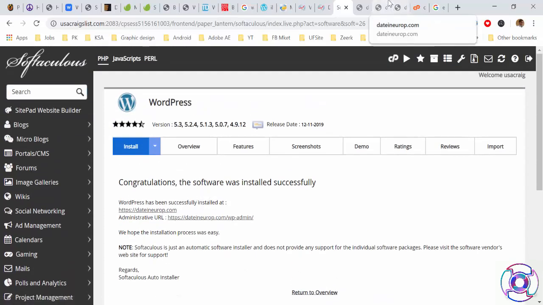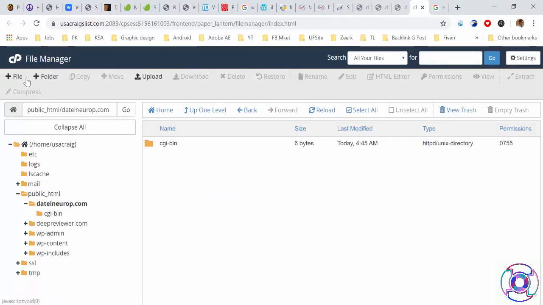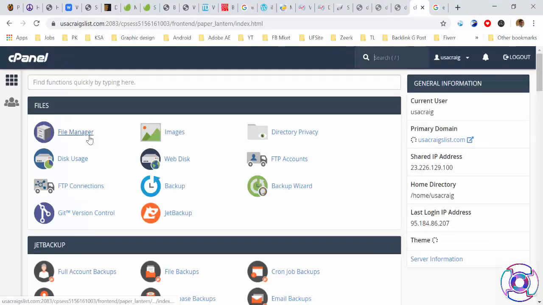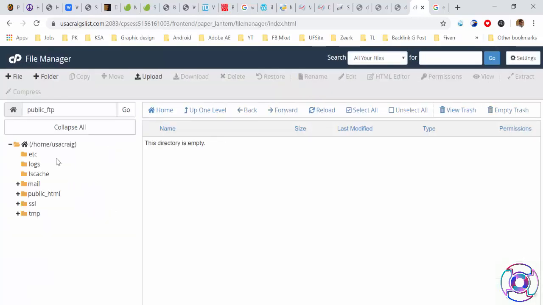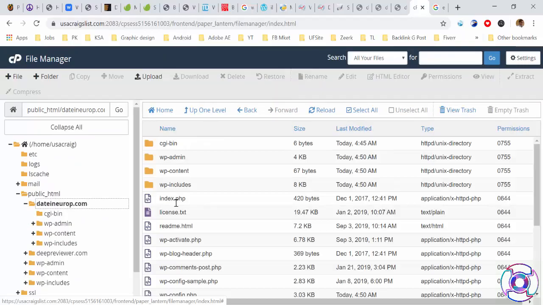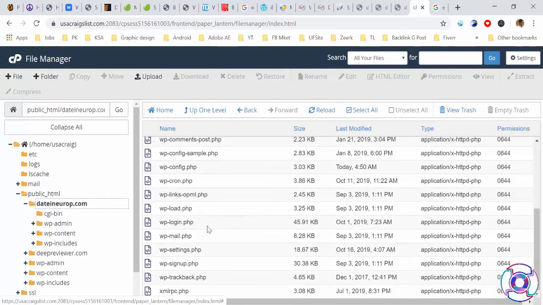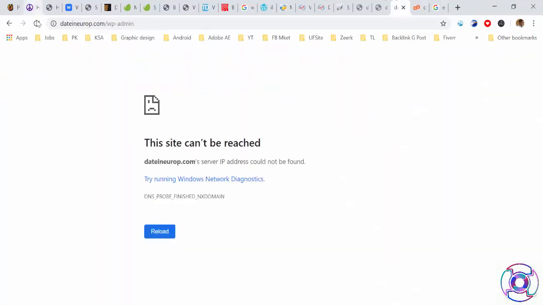So let me check in my folder, click on cPanel and file manager, and we have dateineurope. See, WordPress is already installed. If you have an error, you can check with your hosting provider.